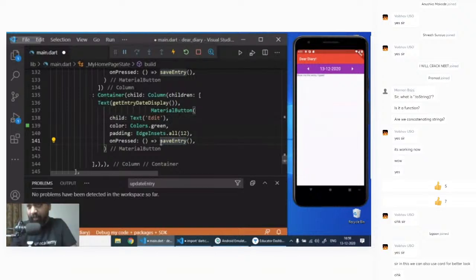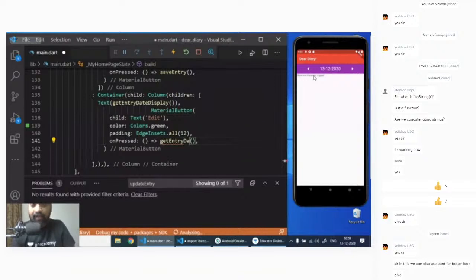I want to create another box in its place. Right now, this is a text display. So in this place, I want to create a box, and I want to put the value of that box there. So what I'm going to say is that I'm going to say get entry